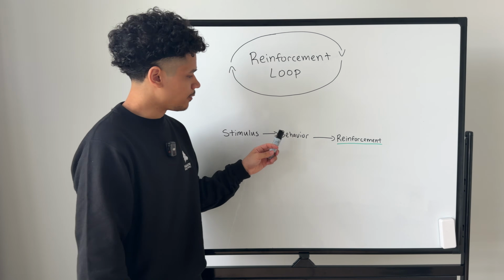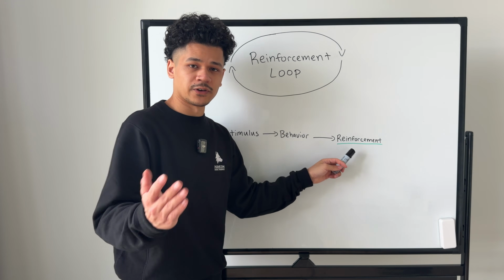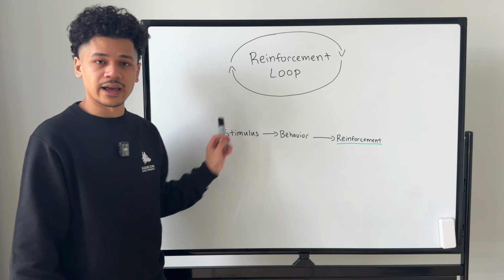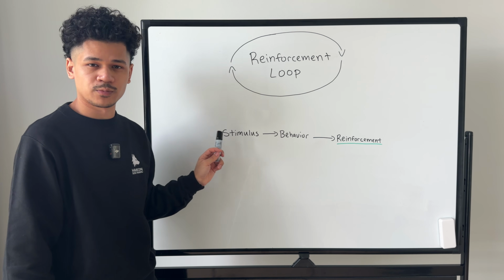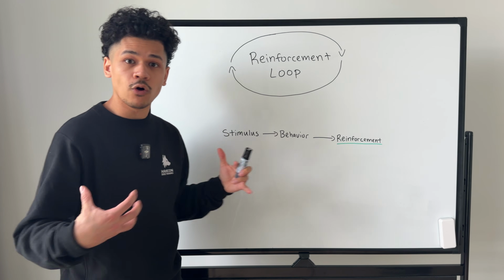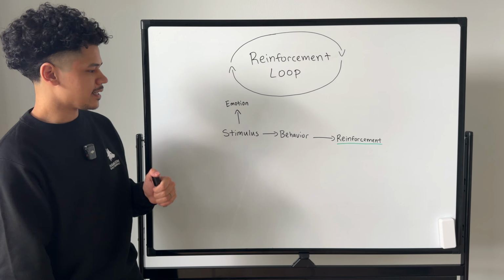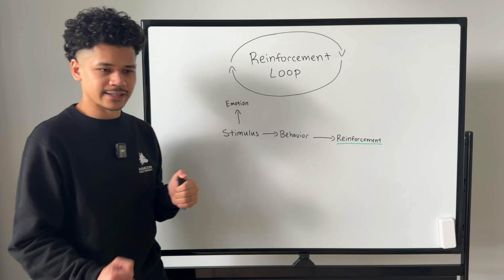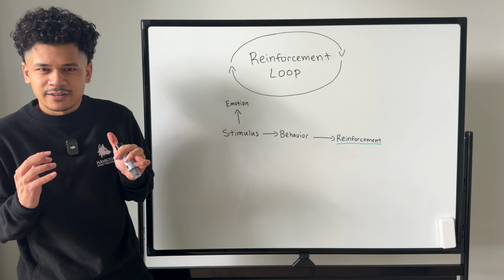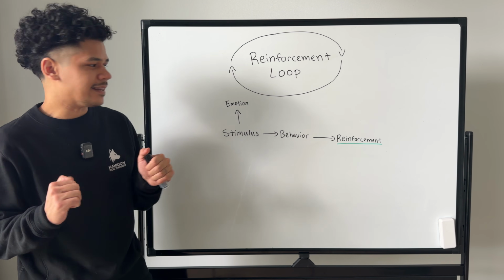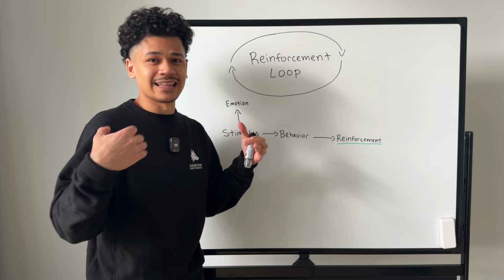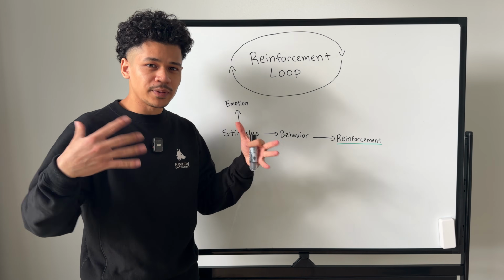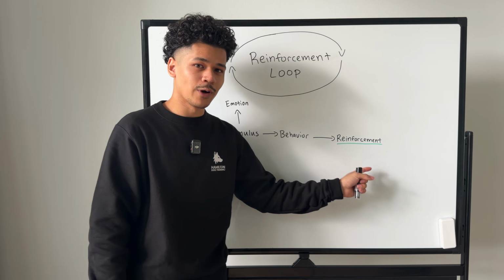Now, to understand how the reactive behavior is being reinforced for your dog, you have to understand why your dog is being reactive in the first place. What's the emotion that's motivating that behavior? For example, let's say that when your dog sees other dogs in the environment, the emotion that they feel is fear. They're afraid of the other dog, and they've learned that by barking and lunging and putting on this big show, the other dog goes away.